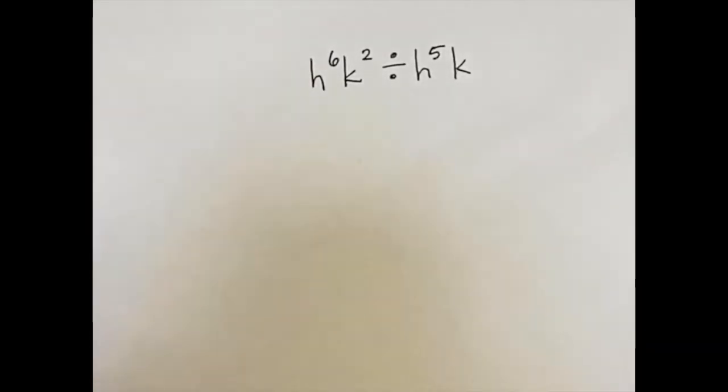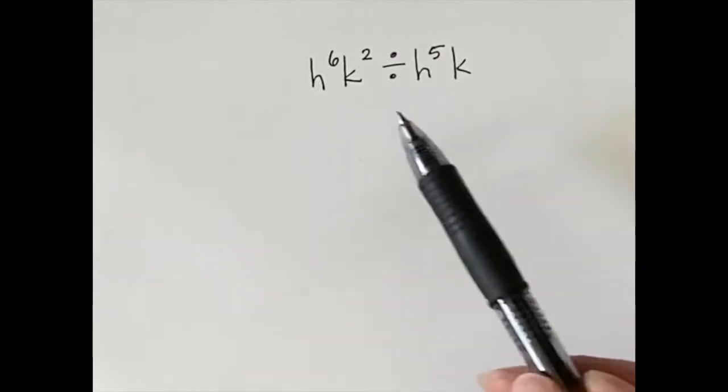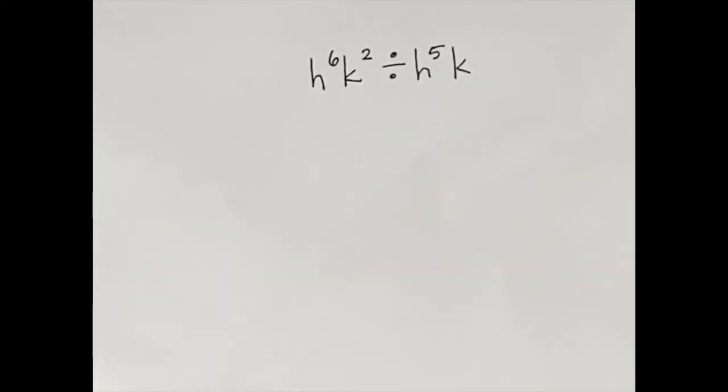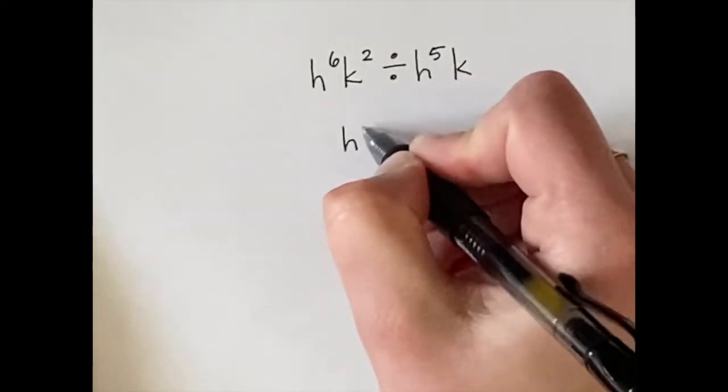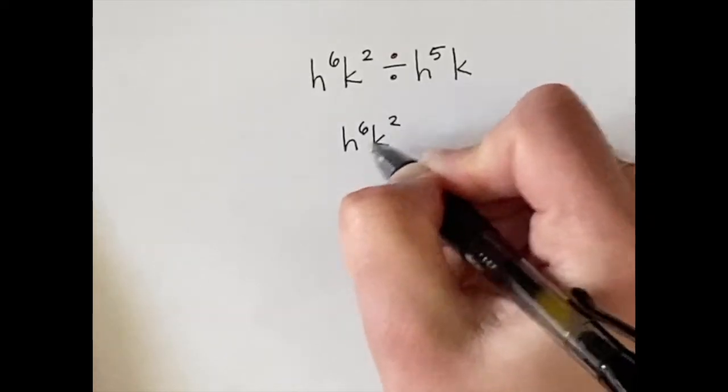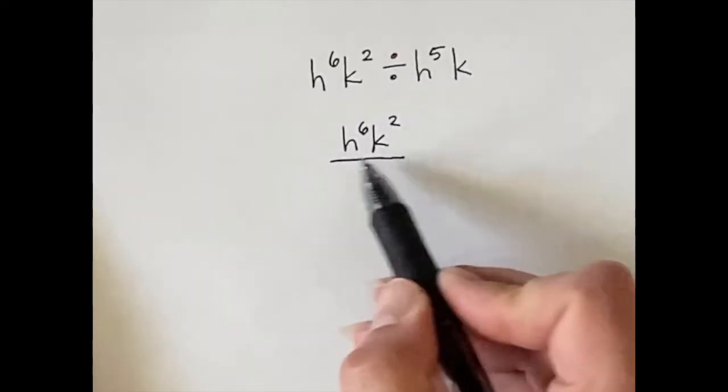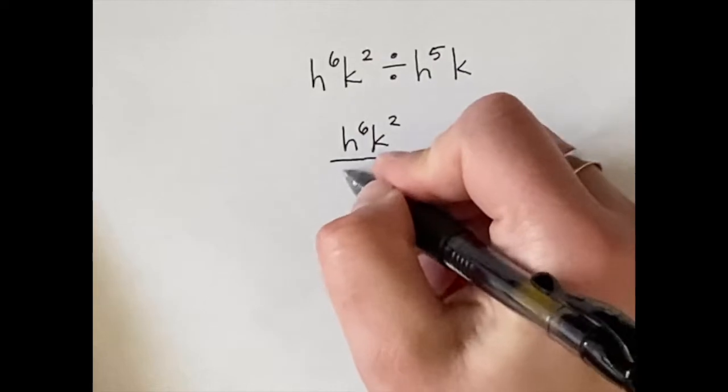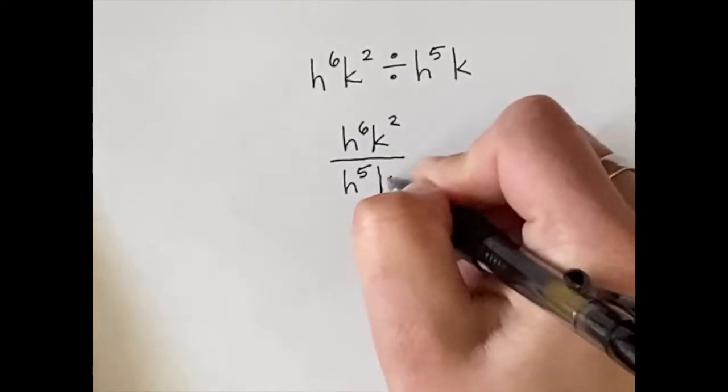If we look at this problem, we have h to the 6th power k to the 2nd divided by h to the 5th power k. It looks like we are going to have to divide, hence the word quotient. I find it a little bit easier if I rewrite this so it looks like a fraction. If I rewrite this with the division bar like this, it's easier for me to see what I need to